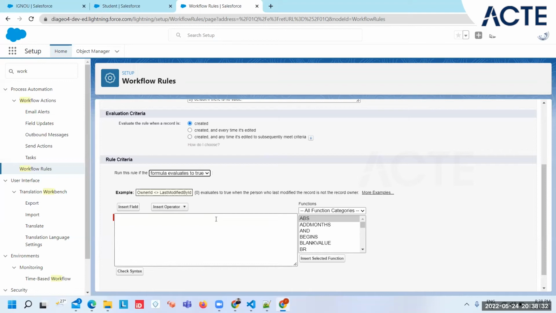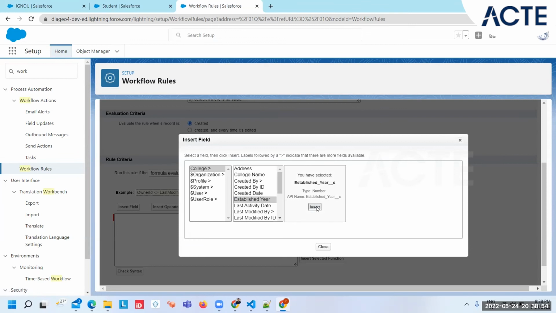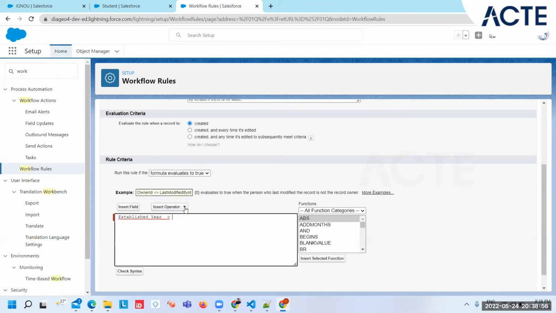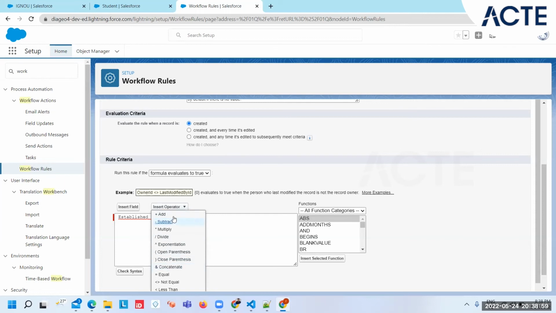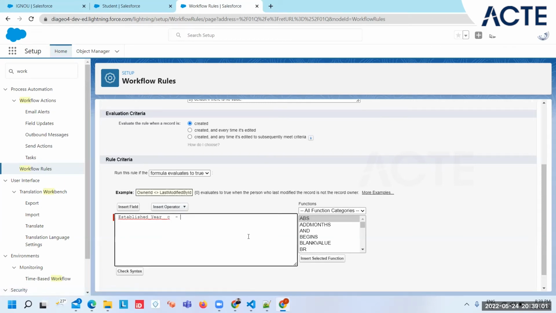So we have the year and we will divide from current year and check both differences are more than 20 years, we are going to fire our workflow, okay. So what we'll do, we'll take the formula field that established here, this is number, then we will deduce from our current year, okay, and here we will take the current value. So this is year, okay,